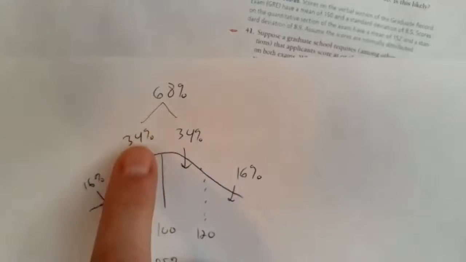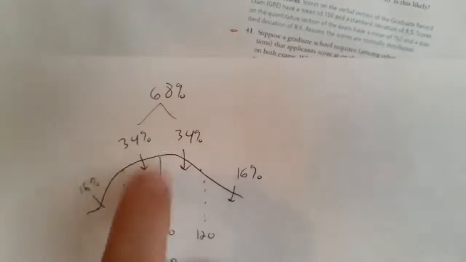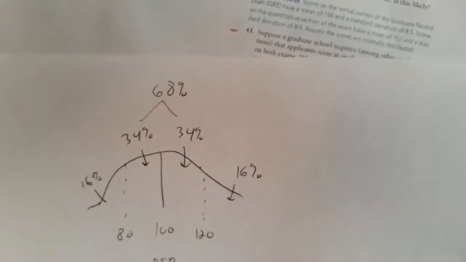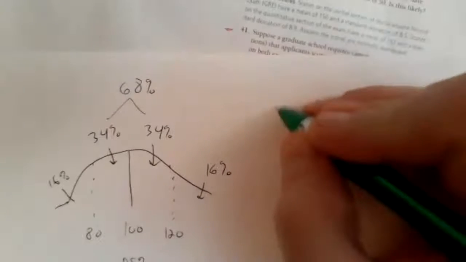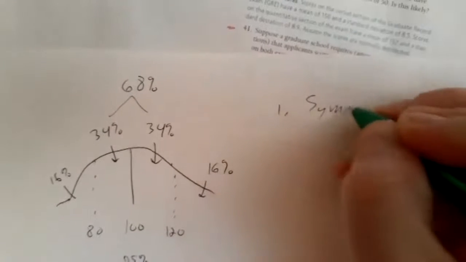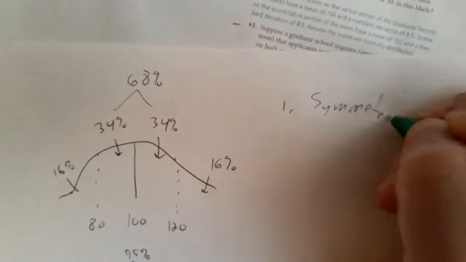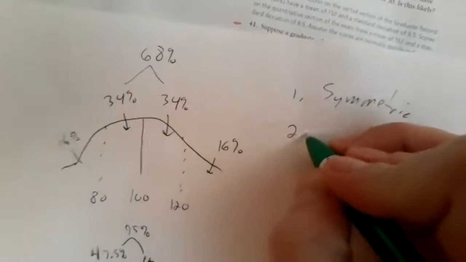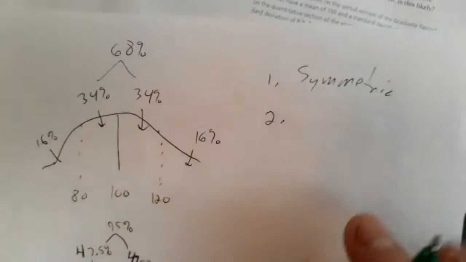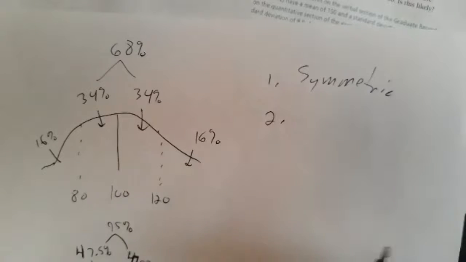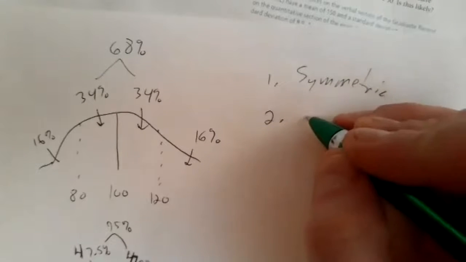To get the 34, we're dividing this up because we know it's symmetric. There are two facts I'm using to my advantage here. I know this thing is symmetric, so if it's happening on one side, it's happening on the other. The other thing is